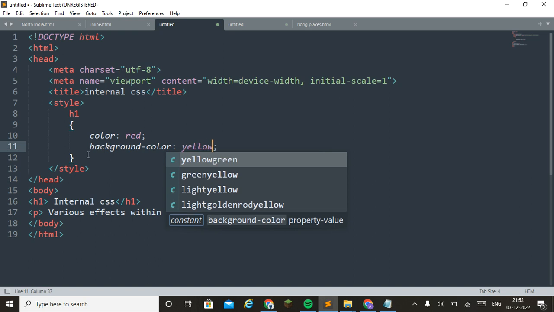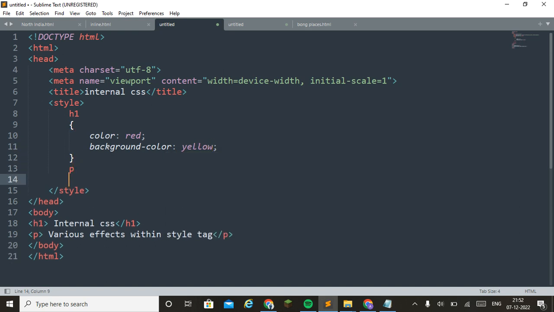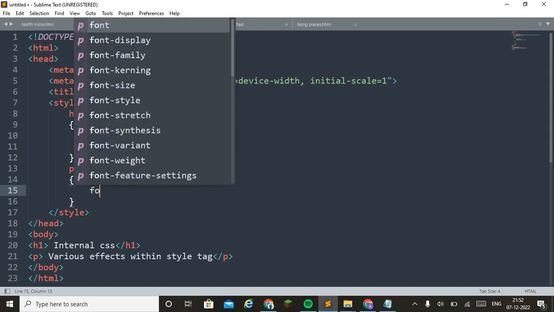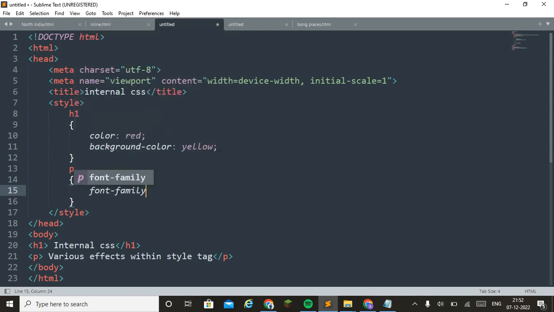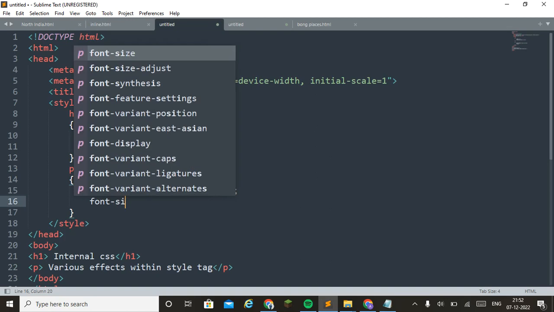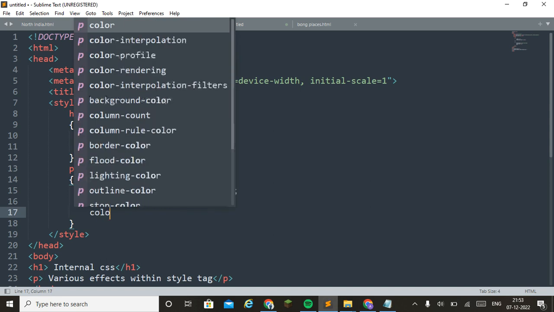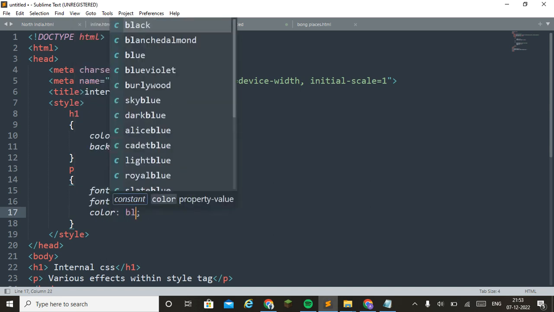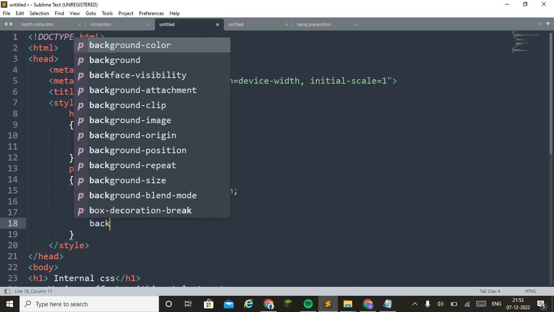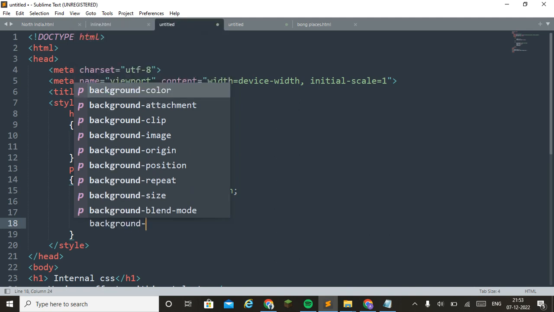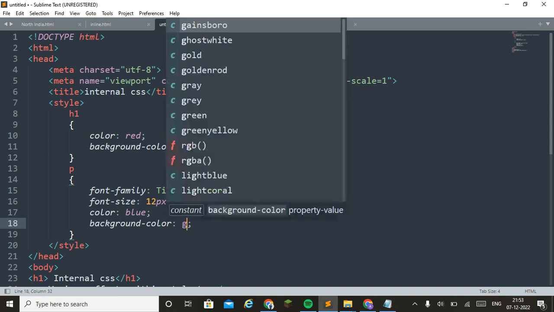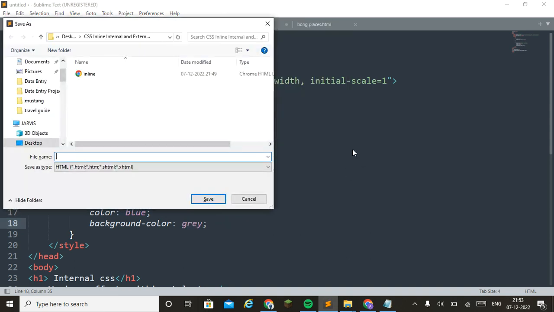And we want to create the paragraph in a different effect: font family Times New Roman, font size 12 px, color blue, background color gray.